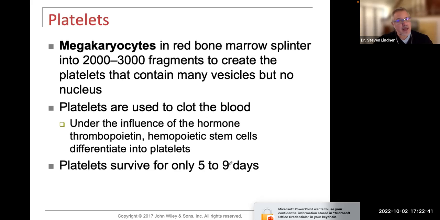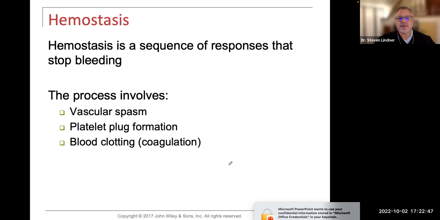In order to form a clot, we need calcium and we need vitamin K, both very, very important. In terms of clotting, we call it hemostasis. That's the sequence of response that stops bleeding. It typically involves a vascular spasm. Whenever there is a clot,